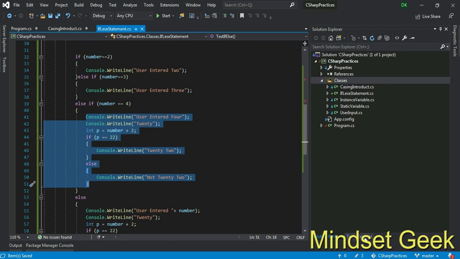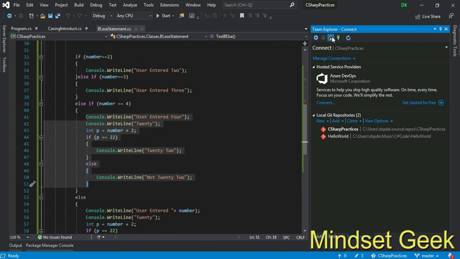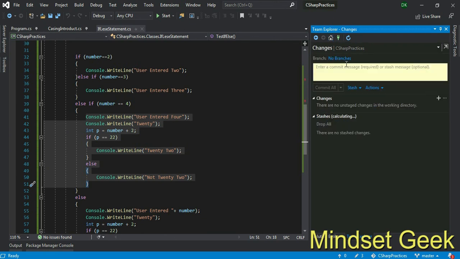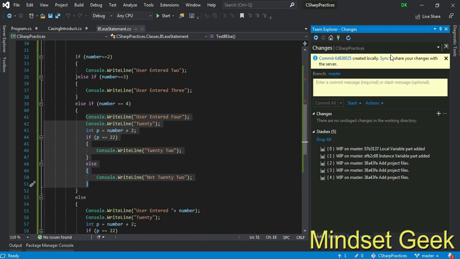Okay, now you should commit your changes to GitHub. Changes: if else statement. If else and else, if else if and else. Okay, it doesn't matter. Keep this, then sync,